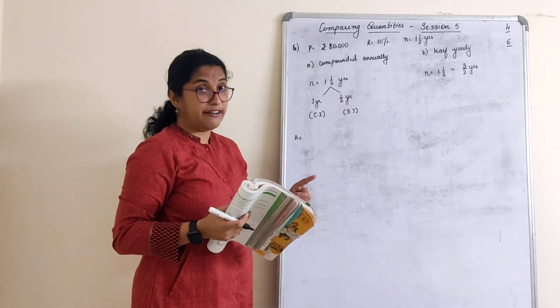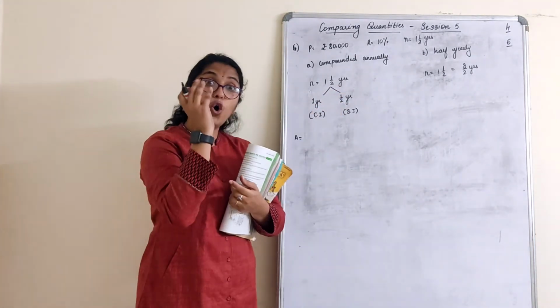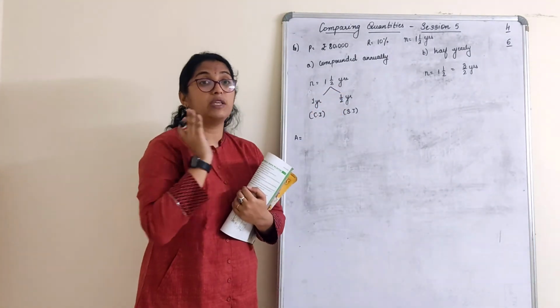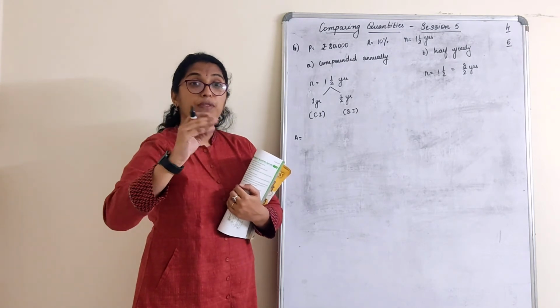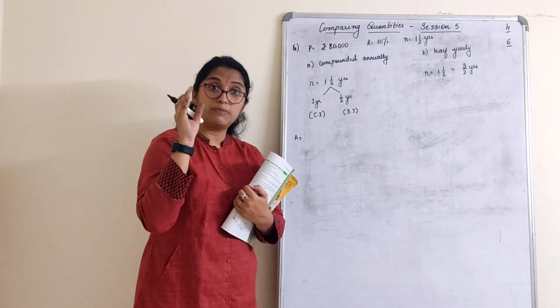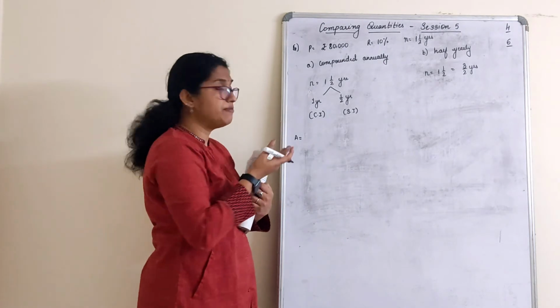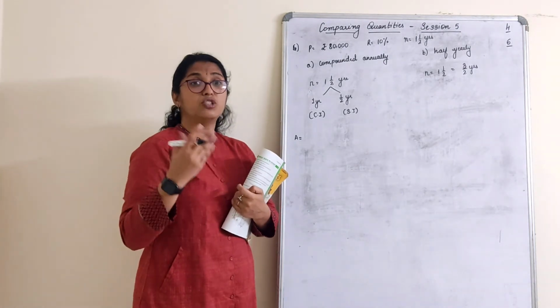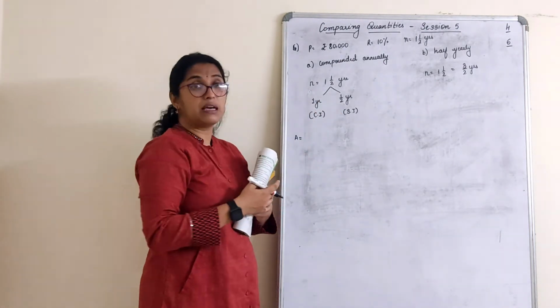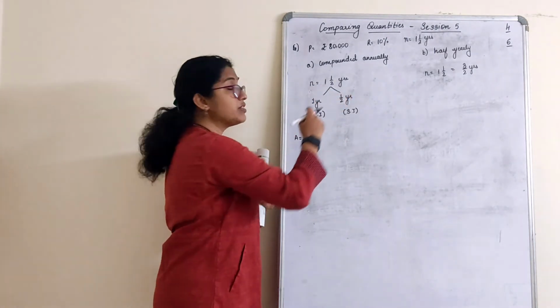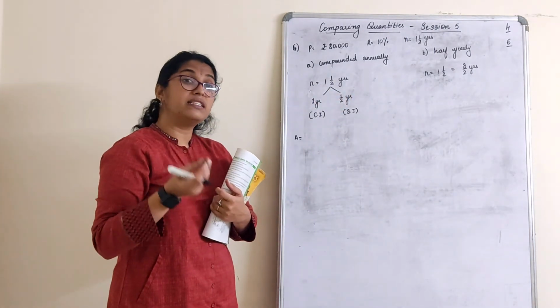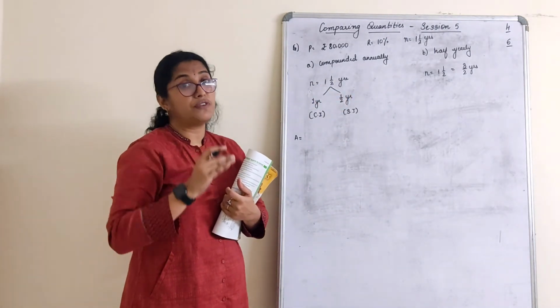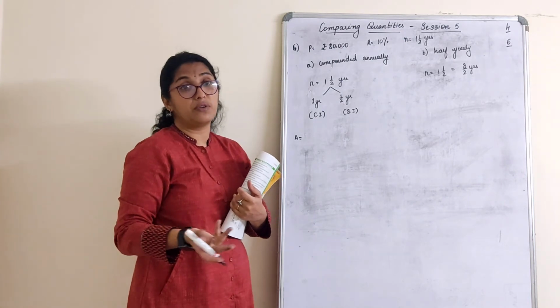Since it is 1.5 years, what we do is for the whole year, I mean one whole number, we use compound interest. For 4 months, half months, 6 months, half year, 1.5 means what? 1 year, 6 months only. So for that, we are supposed to use compound interest. Even if this was 6 months, for simple interest, months should be calculated in terms of years only, no? That would be half year only.